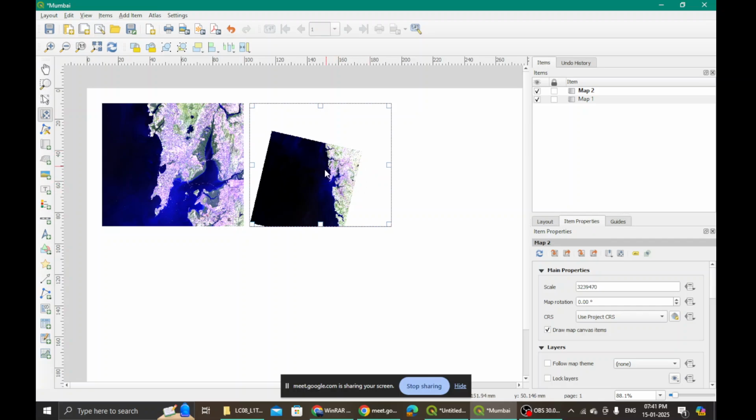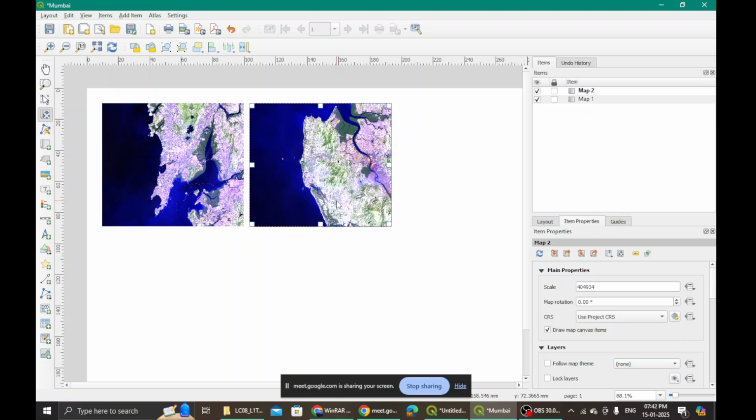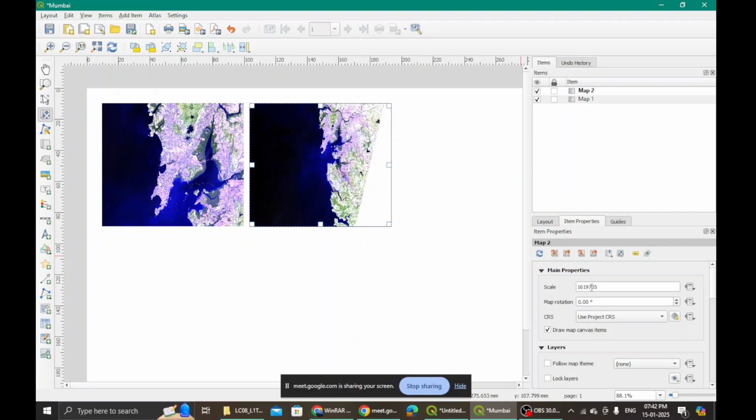Let's say I am not interested in Mumbai, I am interested in these outskirt areas. I don't know what those areas are. So I zoom in. I go there, right? I have to point there, whichever area I am interested in, and zoom it to the level that I want to draw a map at. Okay, and note down that scale. Note down this number because you would require it for the kind of map that we are making.